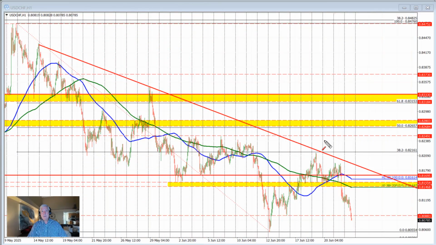First, taking a look at the high price that we saw in last week's trading. That high price approached the 38.2% retracement of the move down from the May high to the June low. That 38.2 comes in at 0.8216, and as you can see, the price fell just short of that level before rotating to the downside. And trading yesterday, as I mentioned, we tried to move higher in the Asian session, then